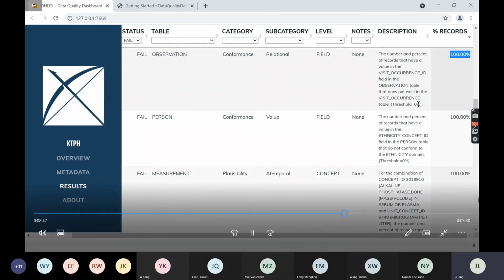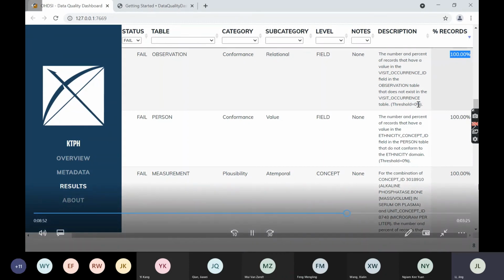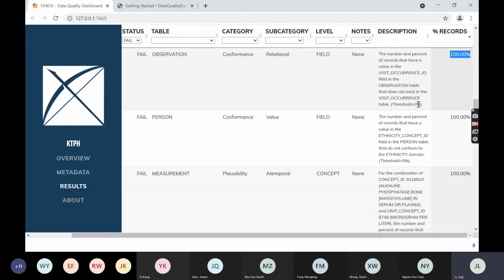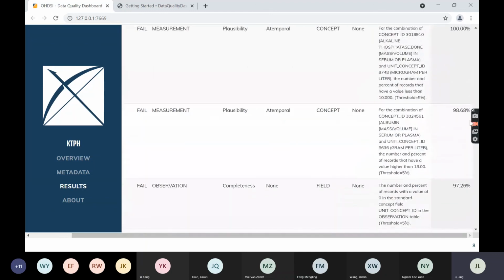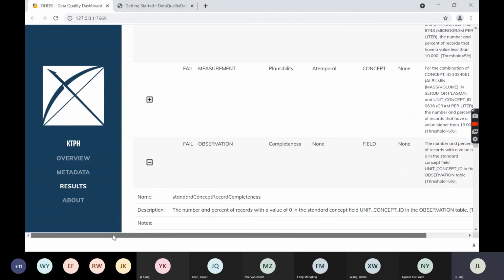empty. So that's why you see the values are not present in the visit occurrence table, and this is an expected issue, and we are not concerned about fixing this because it cannot be fixed. But this helps us highlight the issues that can be seen in our data set. Let's look at, say, for example, another rule here, which is based on